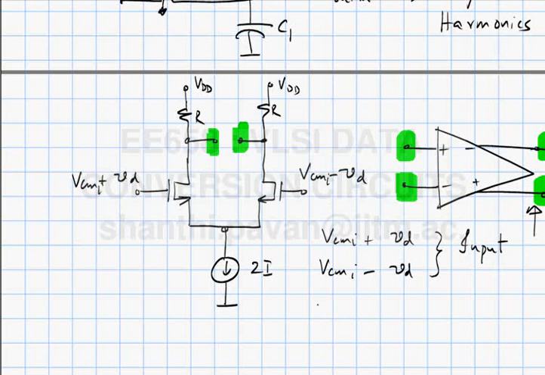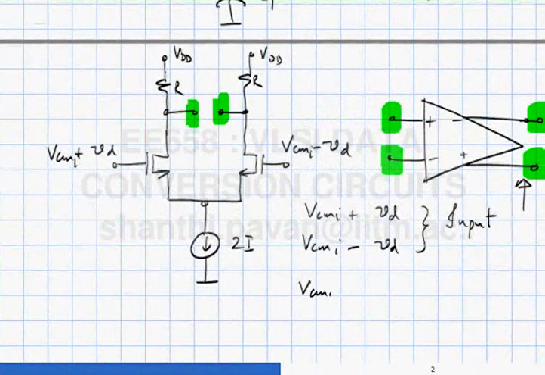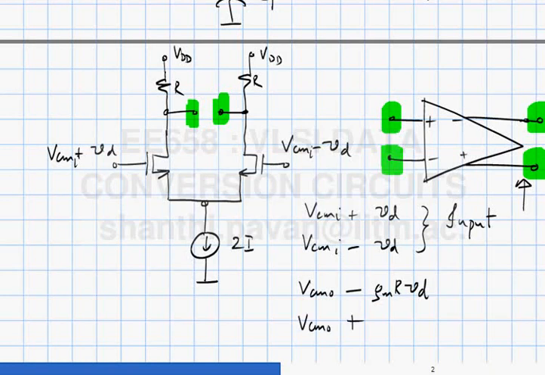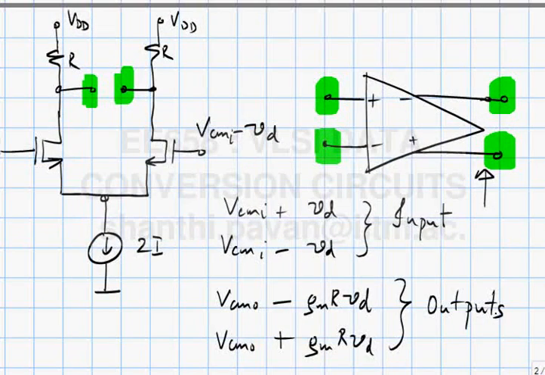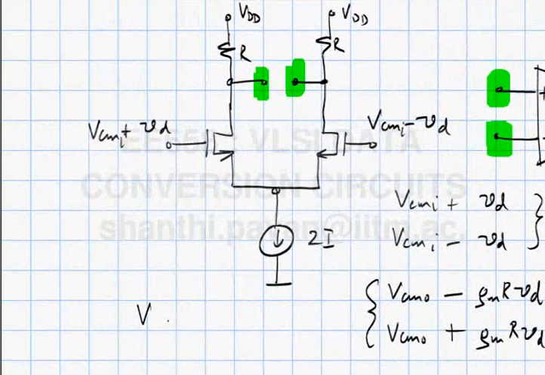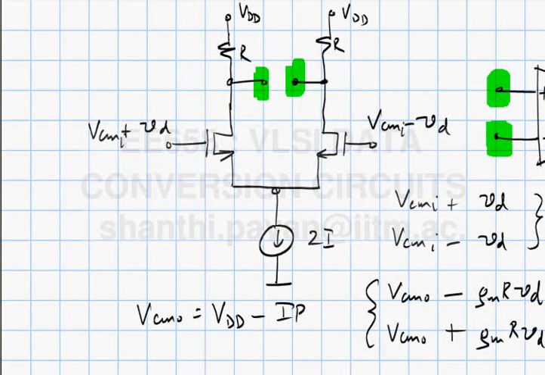And what is the output? VCMO minus GMR VD and VCMO plus GMR VD. And what is VCMO? VCMO is nothing but VDD minus IR. In this particular example,